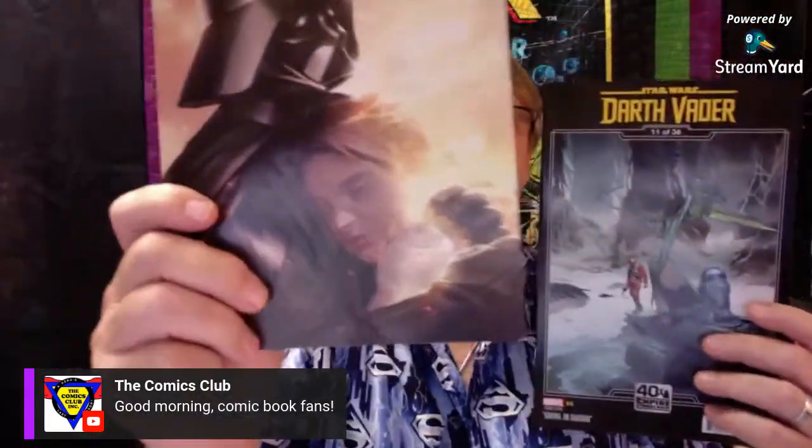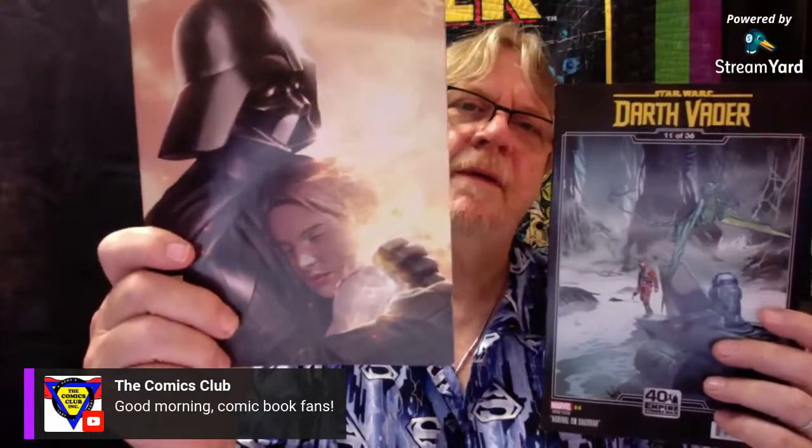And let's see here. We got in Star Wars Darth Vader, a couple different covers. This is issue number 4. I read this story. I'm hugging Padme there, or maybe dreaming of it. Really good story. If you haven't read this, it has been great. The Darth Vader stories have been excellent. I highly recommend them. Hawkeye,